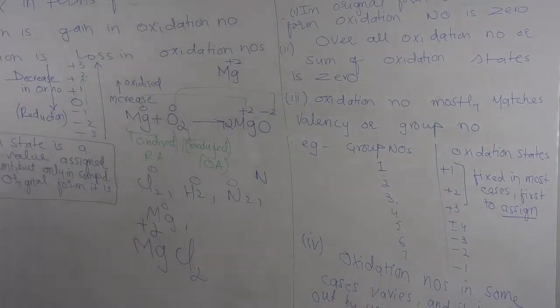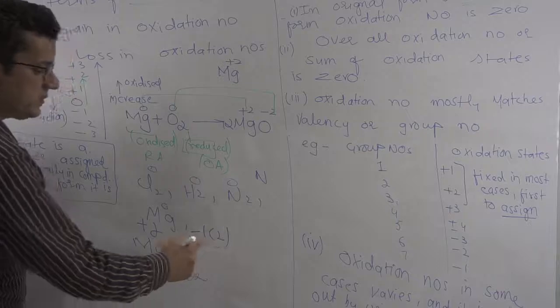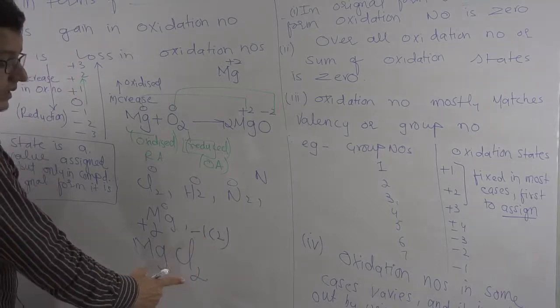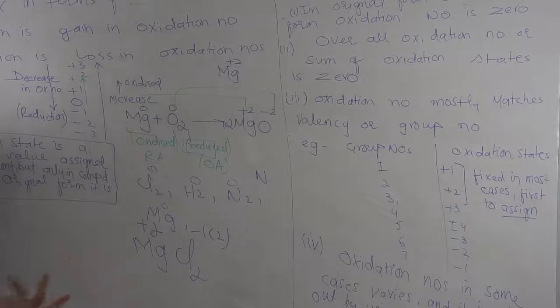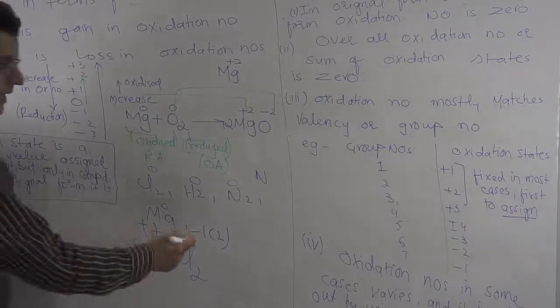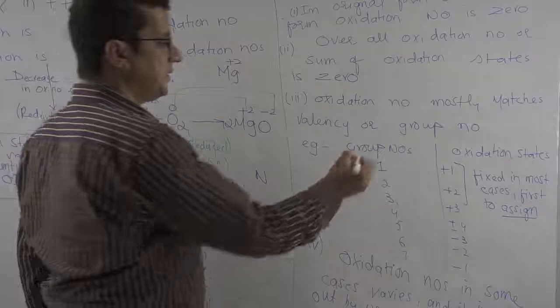And chlorine is in group 7, so oxidation number matches valency, and you put -1 into 2. -1 because it is genuinely 1 chlorine having -1. There are 2 chlorine, so -2. So straight away we know that +2 and -2 makes 0, because of the most important fact we know,